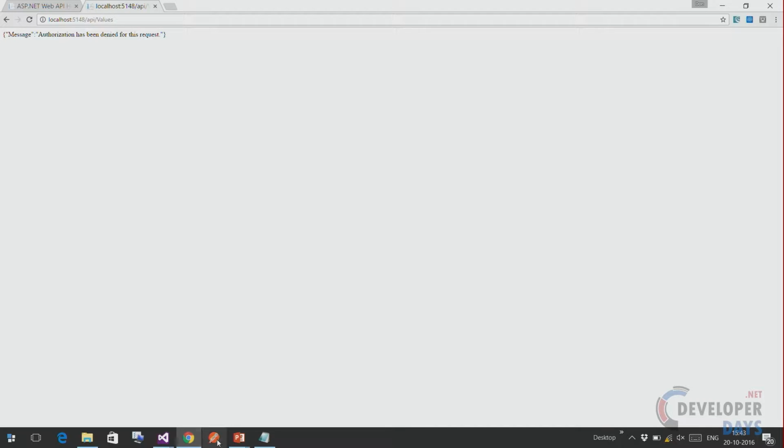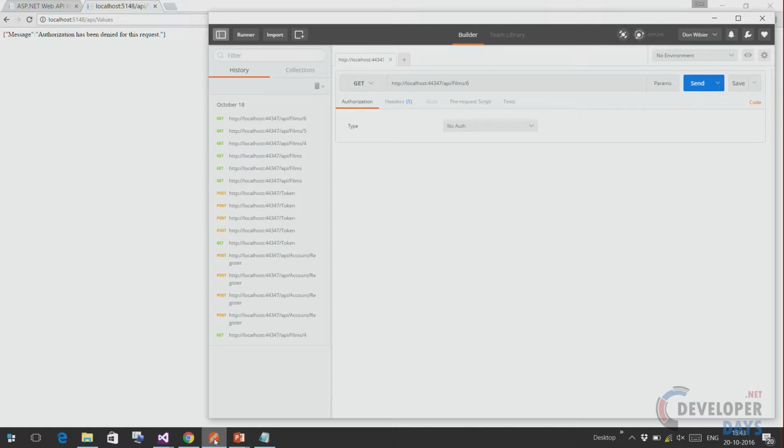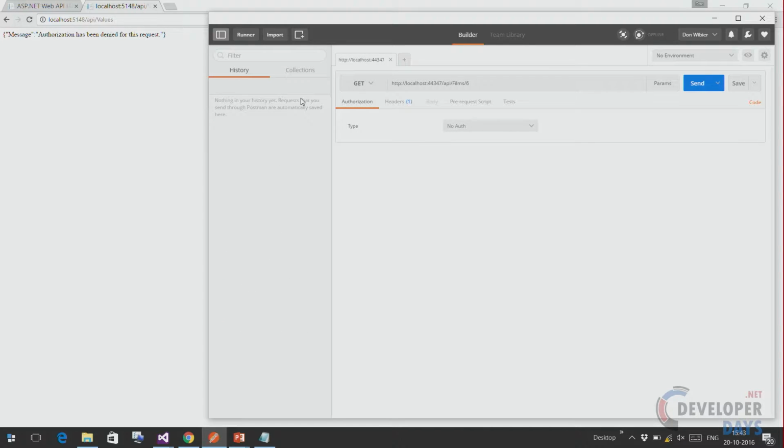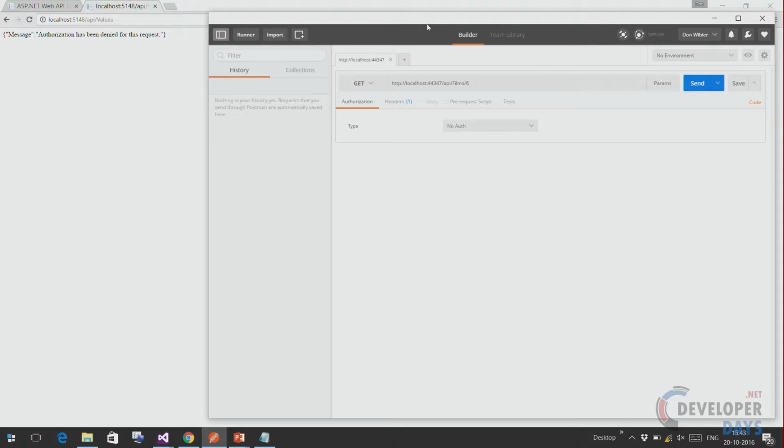I mean, we can send in a username and a password, but we don't want to do that every time. So for that, I will use another application. There are a couple of those little applications out there, but I will be using Postman. It's freely available, and you can actually test what we're trying to do. So if I just copy over this URL and post it in here,